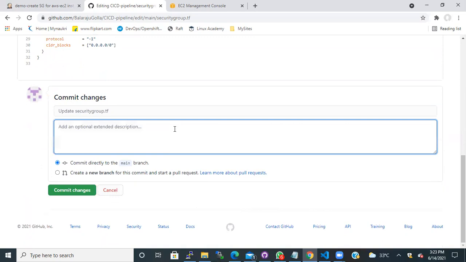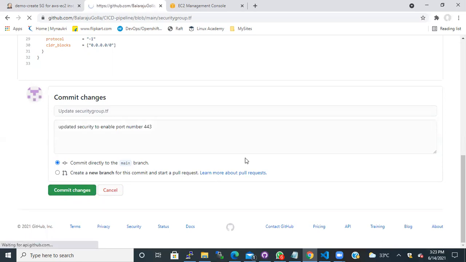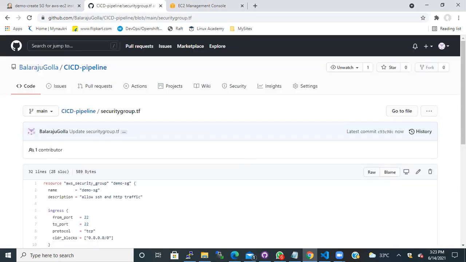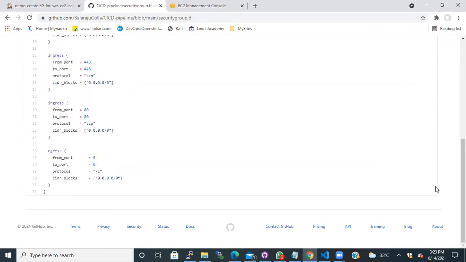Here, the comment I did through command prompt, right? Updated security group to enable port number 443. Okay, I'll just do commit. Now, as soon as I do the commit, you will see my build is triggered.